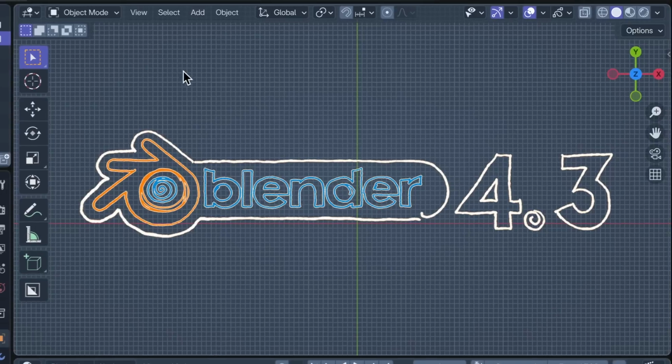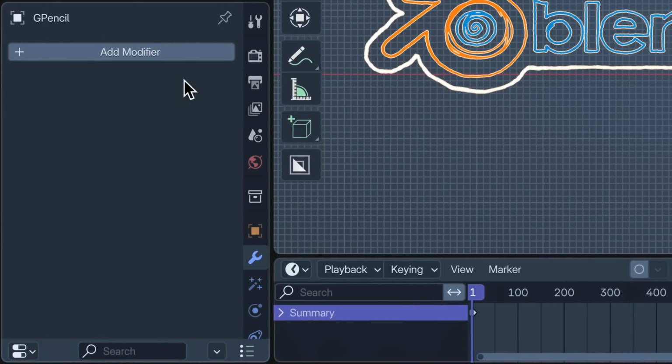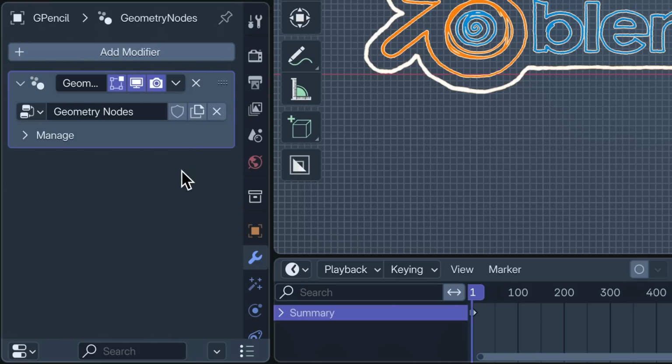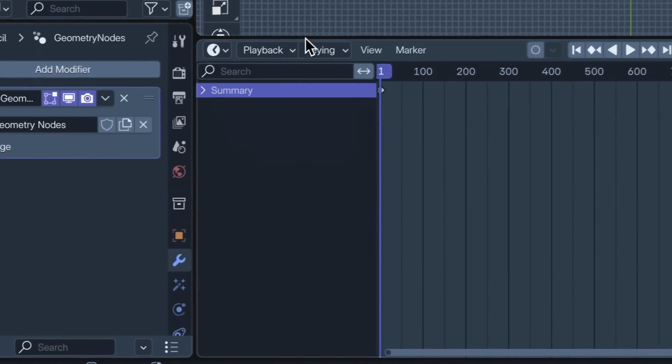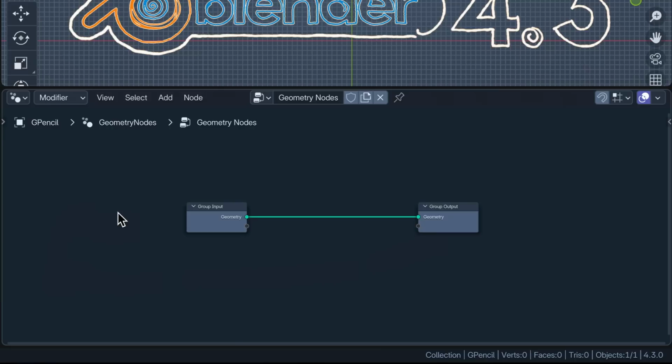Leaving the spreadsheet behind, I'm now heading to the Properties panel where I'm going to click the Modifier tab and add a Geometry Nodes modifier with a new Geometry Nodes tree. Then, having pulled up the timeline, I will switch it to the Geometry Node Editor. Our grease pencil geometry travels through the tree along this green noodle from the group input to the group output,